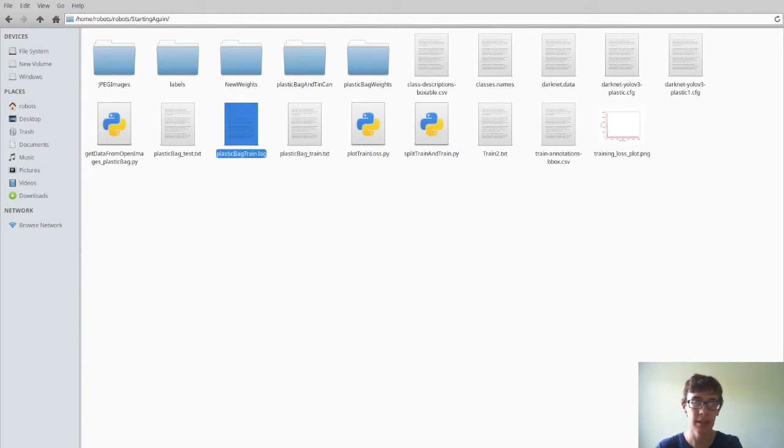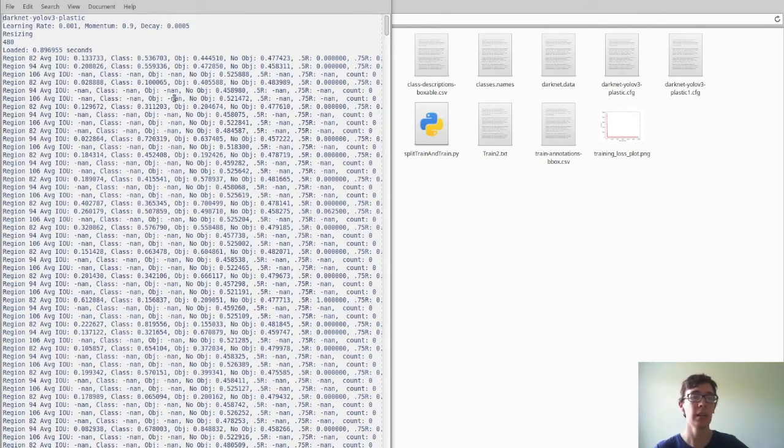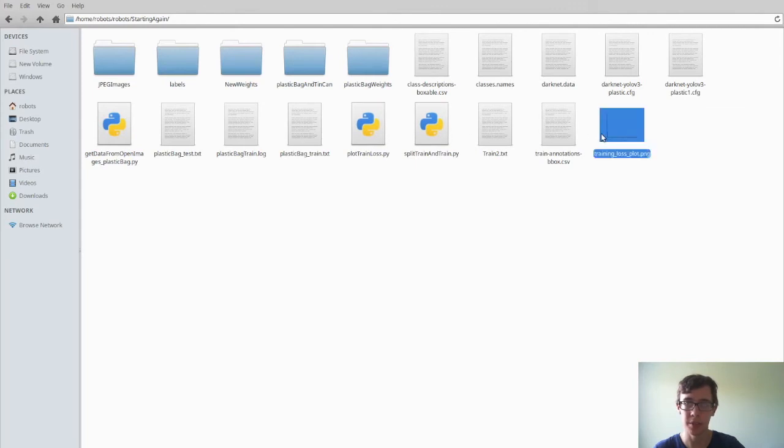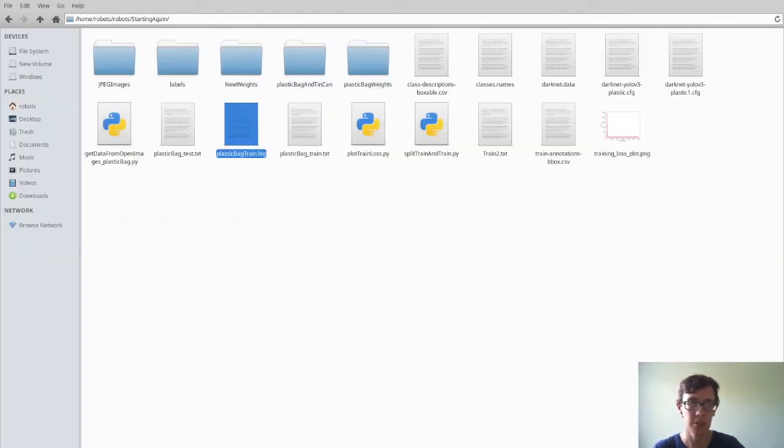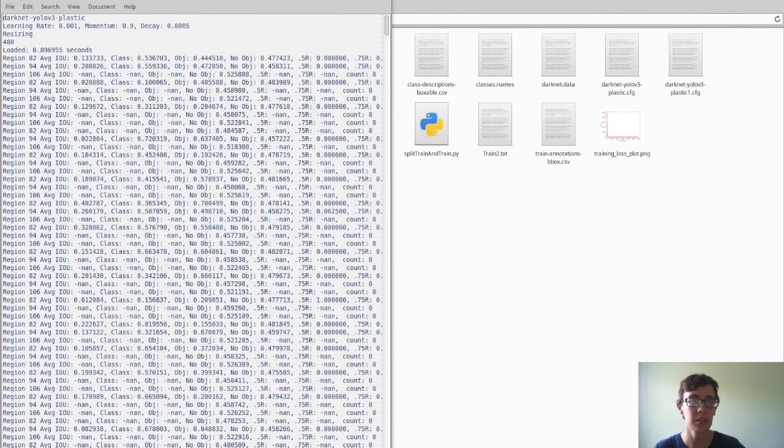From here you can have a look at this later on or partway through the training, and then just see about how much loss you have, and then that will give you an idea of how close you are to being complete. So this is I've plotted this, and that's how I came up with this image here. If you go onto the log file, you can see at the start it's